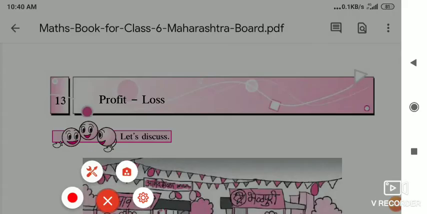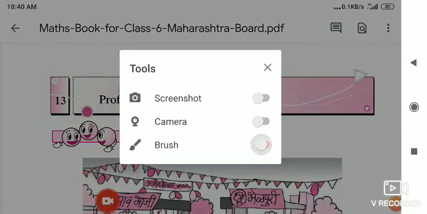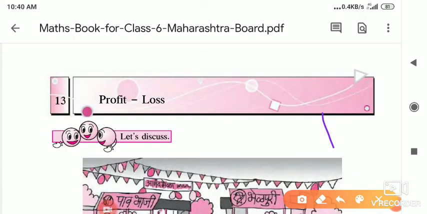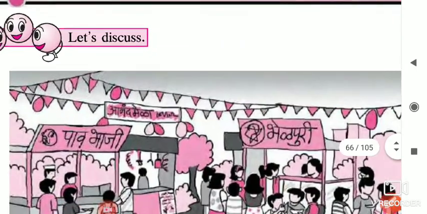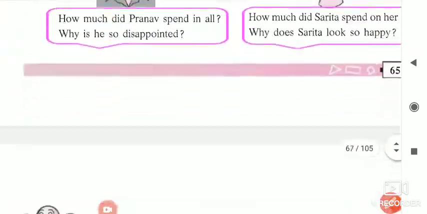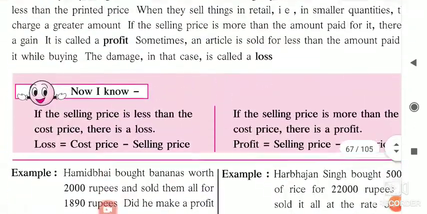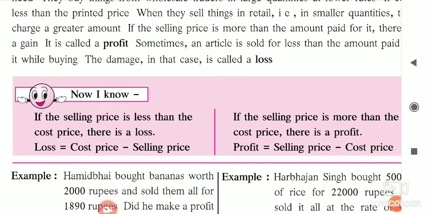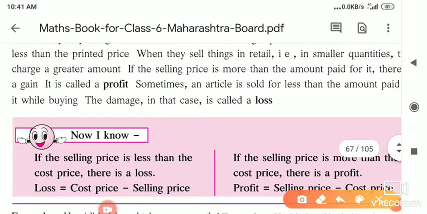Under this lesson, today we are going to see the solved examples based on the properties of profit and loss. So here is the first example. Before that, just quickly revise when we get the loss and when we get the profit. And for that I told you one example.